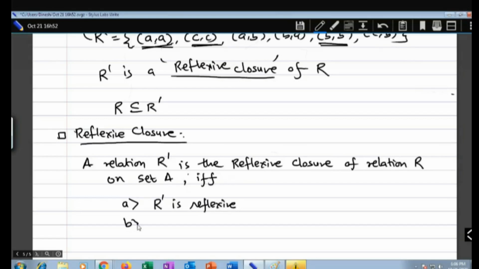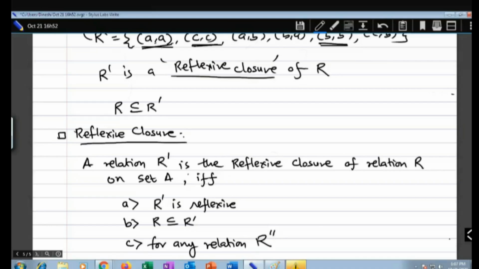Okay, then, number two, R must be a subset of R dash, and third one is for any relation